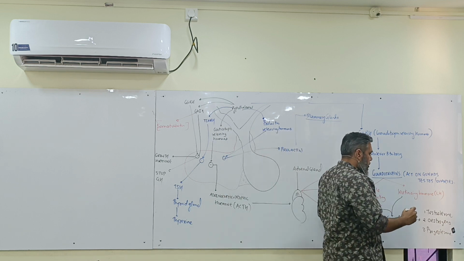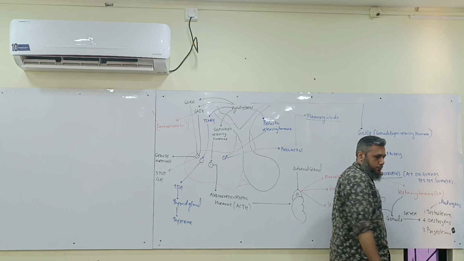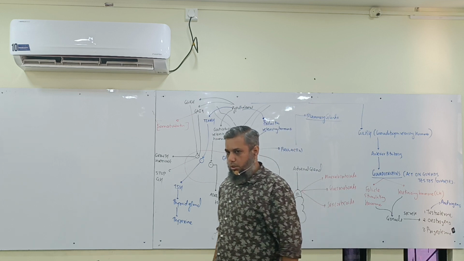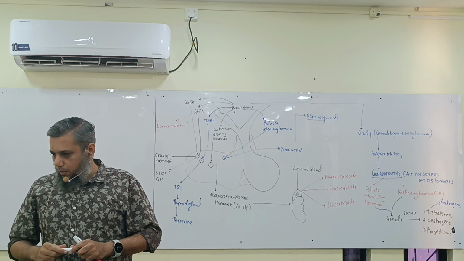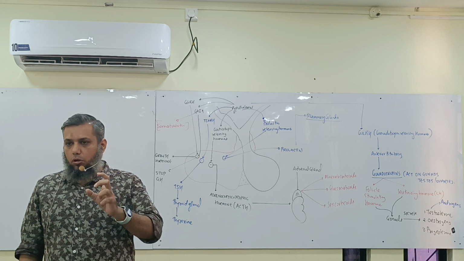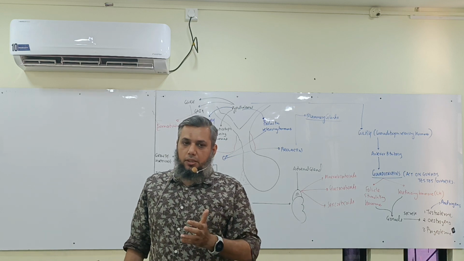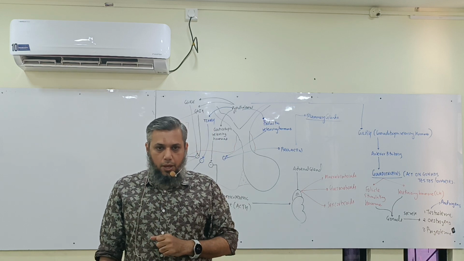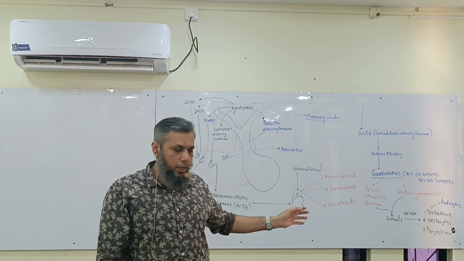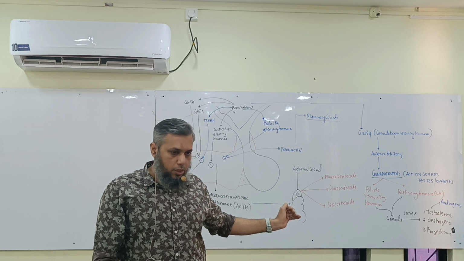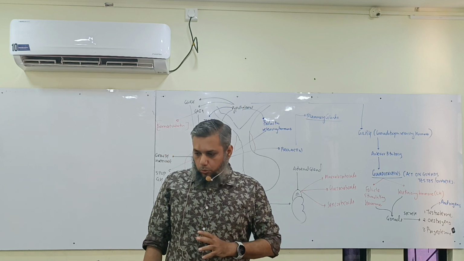Testosterone belongs to a family of hormones called androgens. Andro, matlab for male characters. Okay? So androgen is a family of hormones. It has got many different hormones. The most dominant member is testosterone. Some of the other members are DHEA, etc. Whereas estrogen and all, they come under a group of hormones called estradiols. Okay? Estrogen and progesterone are responsible for secondary sexual characters in females. I hope the class understood up to here.